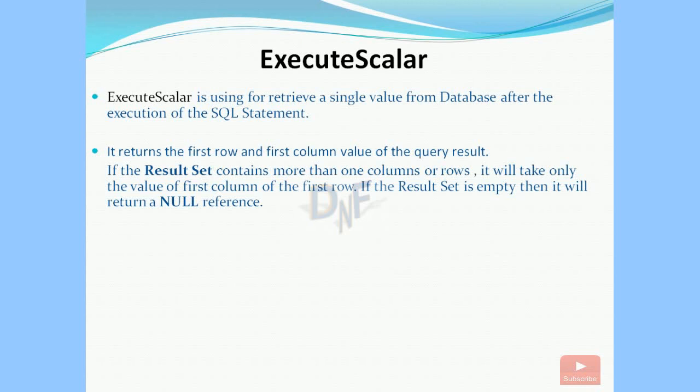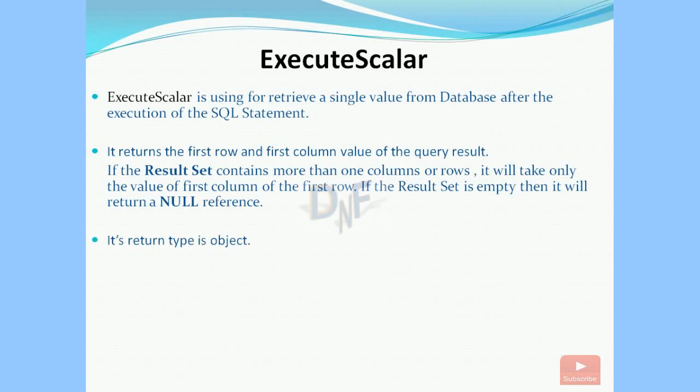It means when we call execute scalar, it returns a single value, and the return value we can store in a separate variable. The return value depends on the query execution. For example, if we take the same student table, in such a case it returns the first row and first column. If we use a different table, then it returns according to that. So we can store the result in a separate variable.